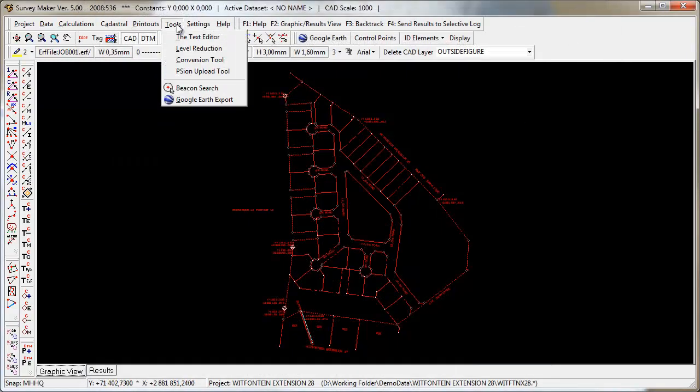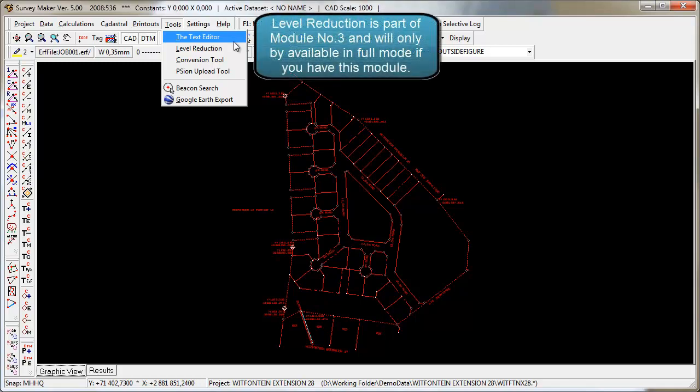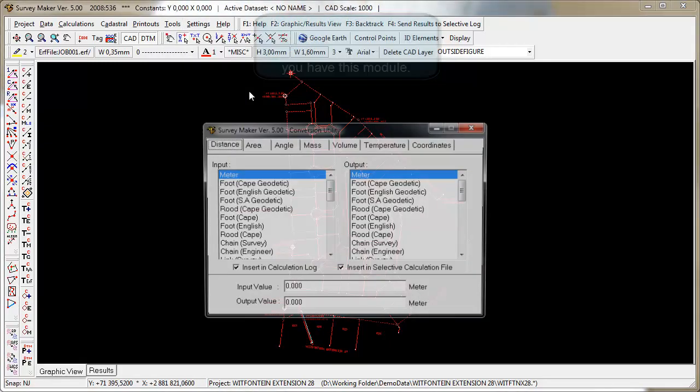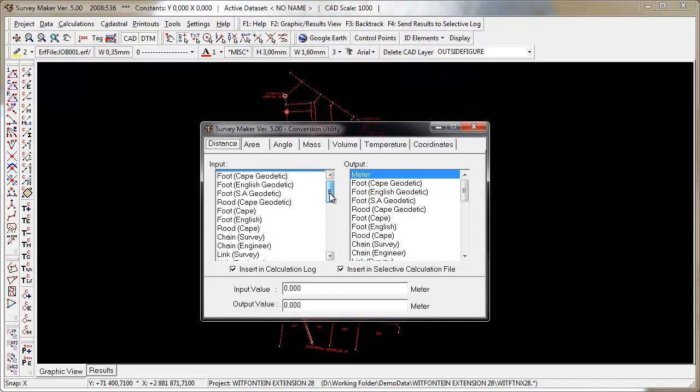Then our tools menu. The tools menu gives you a few extra tools in SurveyMaker, and these tools are add-ons to the program. Now the text editor is a basic text editor similar to Notepad to allow you to open and close text files. We've got our level reduction, which is an extra module in SurveyMaker to do leveling work with. Our conversion tool function is just to indicate to you all of the conversion factors that we can do